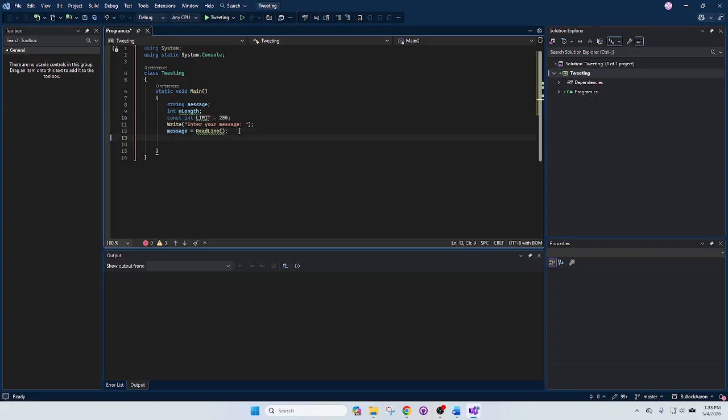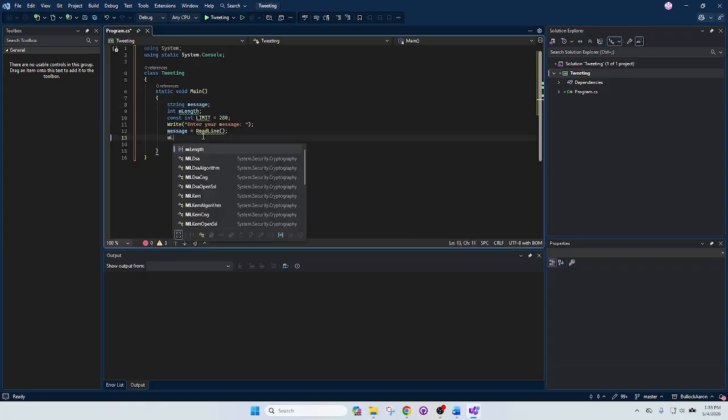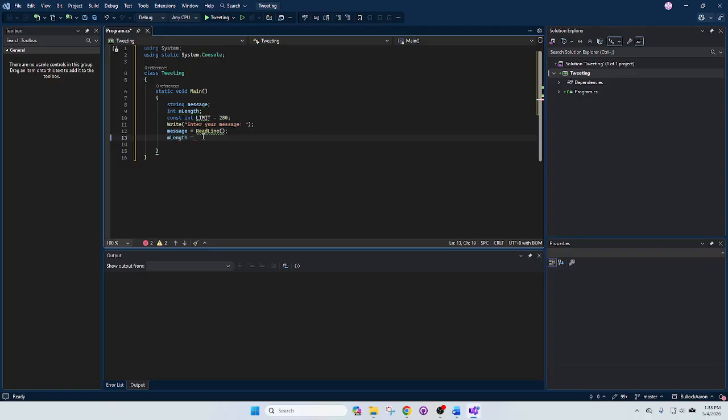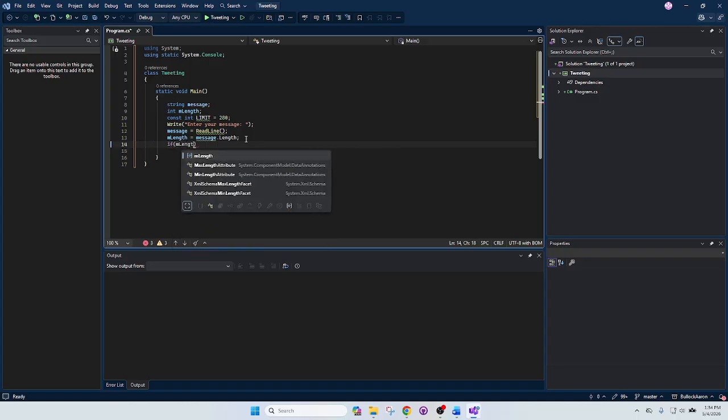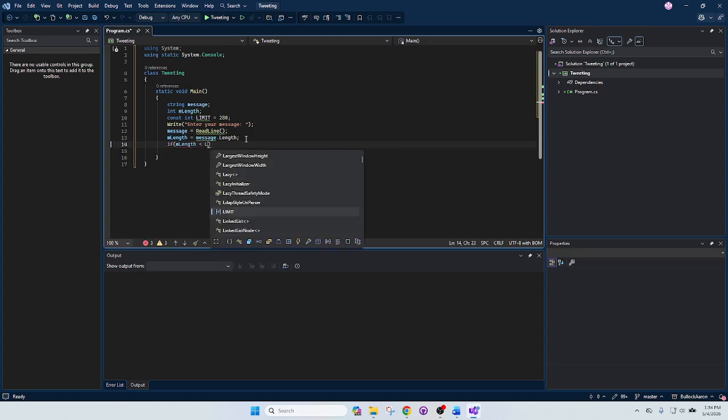Okay, so now that we have the message from the read line, what we can do is convert message. Actually, I'm going to do it this way. So the m length is going to equal message dot length. So m length equals message dot length. So now we're going to do our if statement. So if m length is less than the limit,